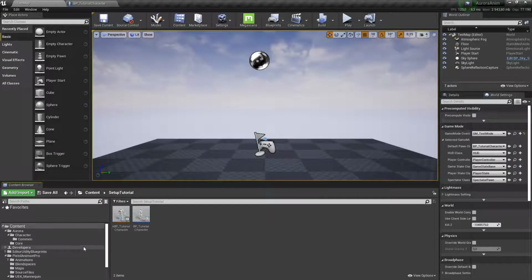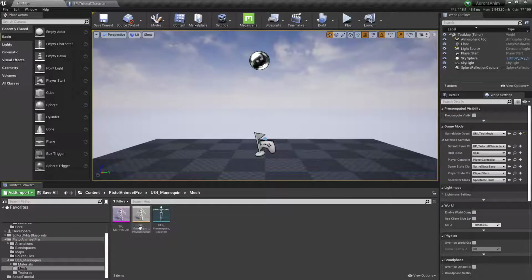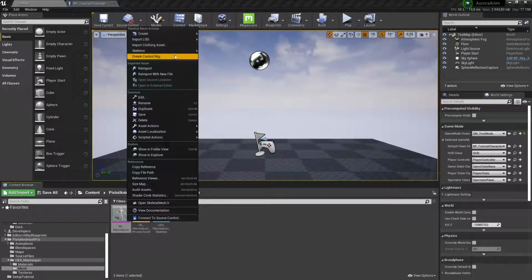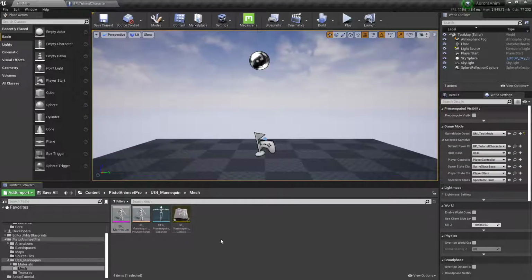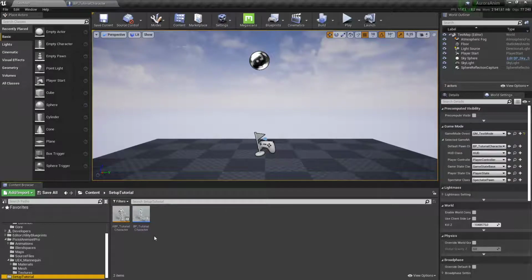And we need one more setup as well, and that is, if I can find where his mesh is, here. We need a control rig, and that's just what it's going to be named as default. So now if we go into our tutorial setup here,